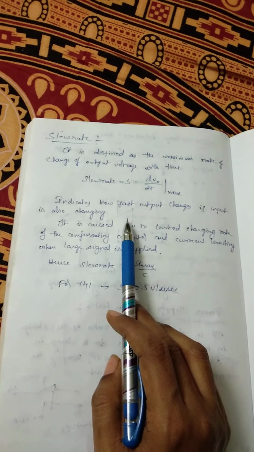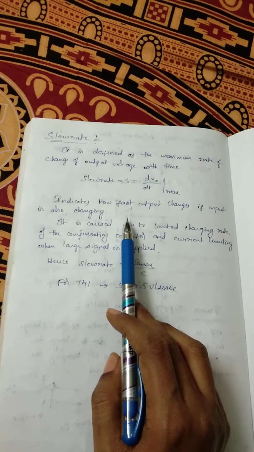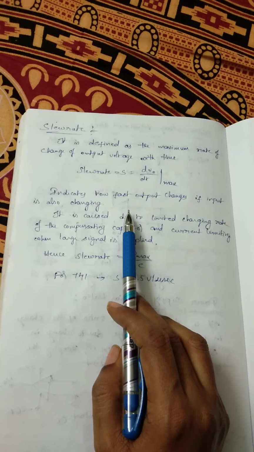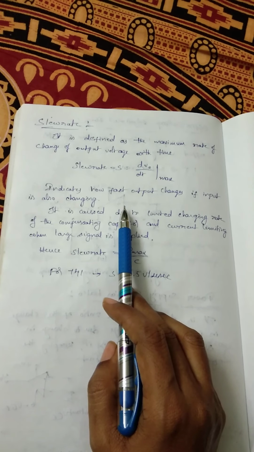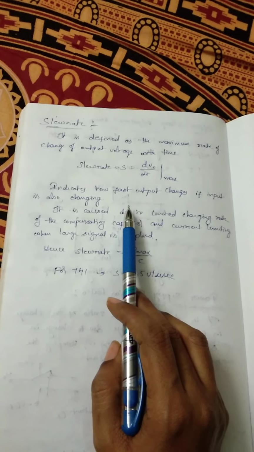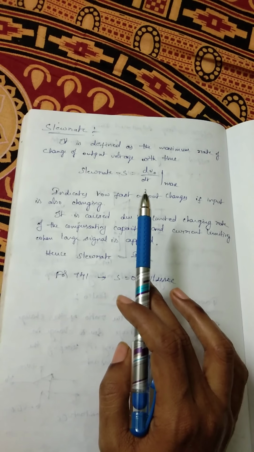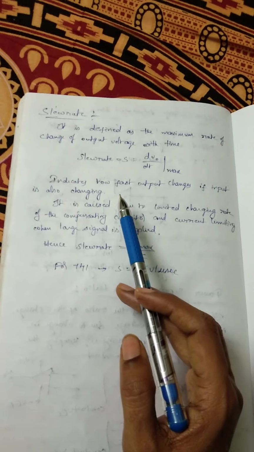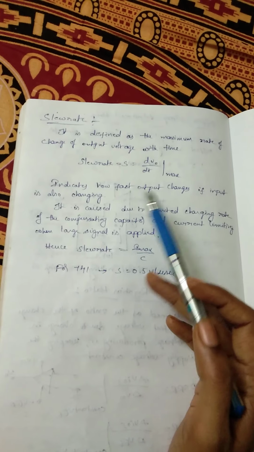It is specified by operating the op amp in unity gain condition. Thus, if the input changes instantly like a square wave, then the output must also change instantly. But practically it cannot change instantly. The slew rate indicates how fast the output can change. Slew rate is mainly caused by the limited charging rate of the compensating capacitor which is built into the op amp, and by current limiting whenever we apply a large amplitude signal.